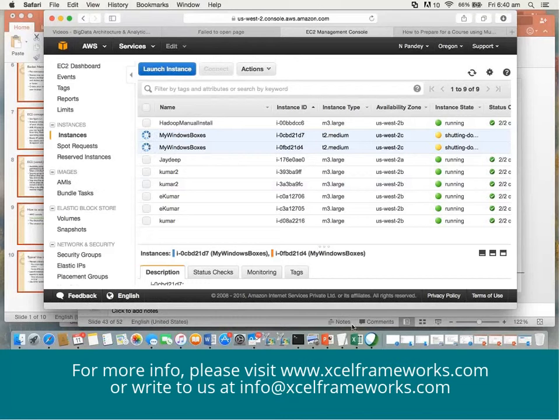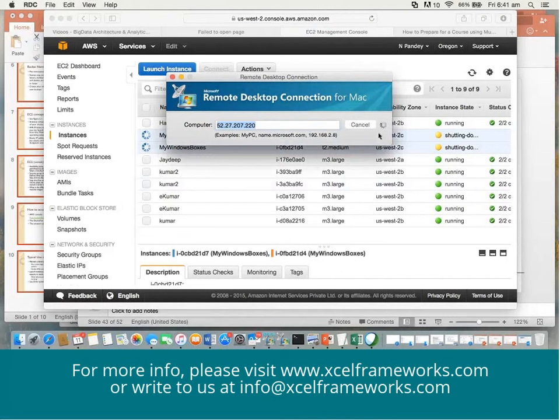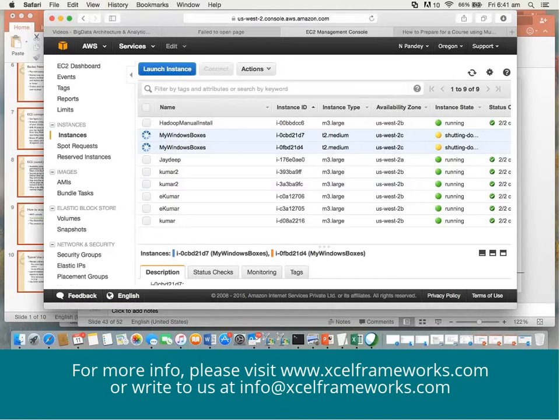For example, just now we have connected, right? You have these RDP files. These RDP files will have details, right? If you open it in a text file, you'll find details. It contains the IP, the type of machine, right? So RDP is important, which you can distribute to all clients along with the password.